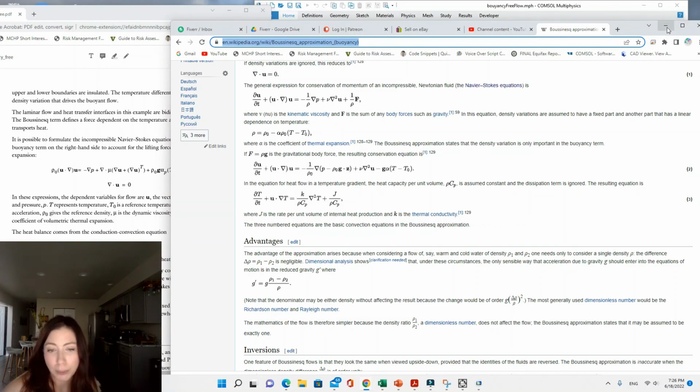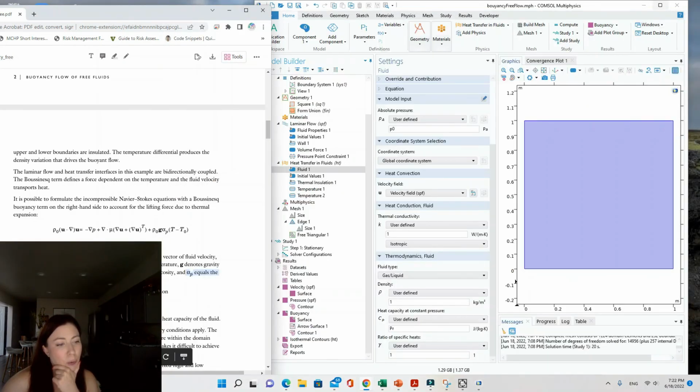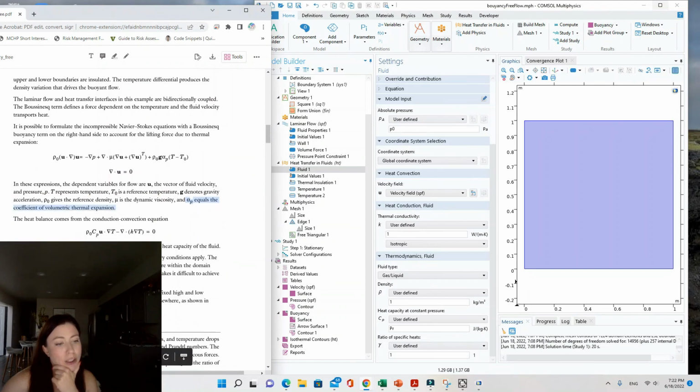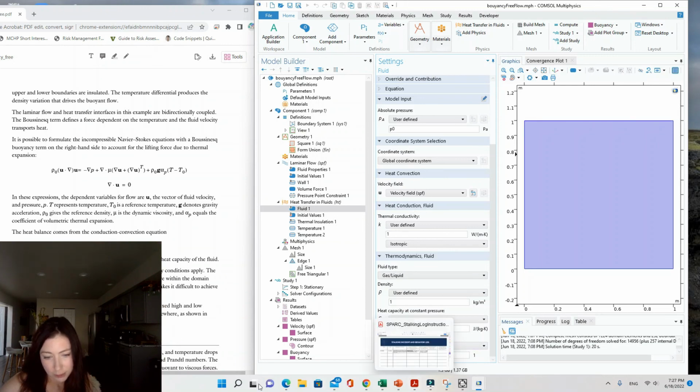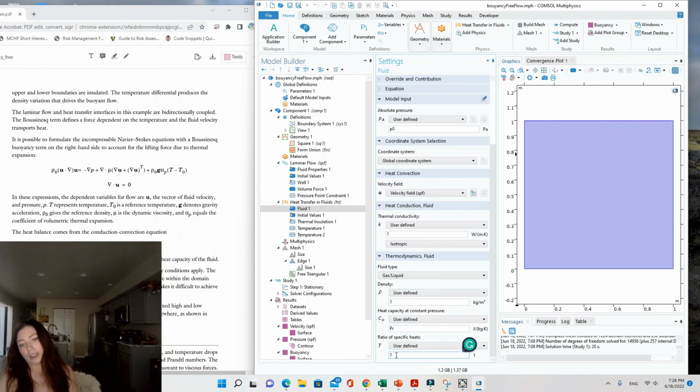Coefficient of thermal expansion, alpha P equals the coefficient of volumetric thermal expansion, is given by this gamma term. So under heat transfer in fluids, fluid 1, where we define the velocity field, thermal conductivity, fluid type, density, heat capacity at constant pressure. This parameter, ratio of specific heats, there's only one material in here. So the ratio of specific heats must be 1 because they have the same alpha P, the coefficient of volumetric